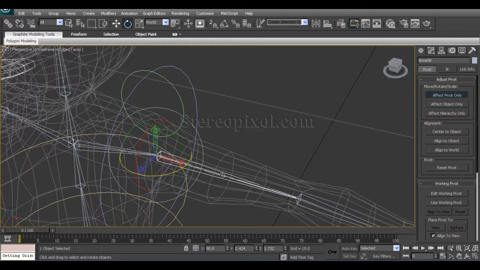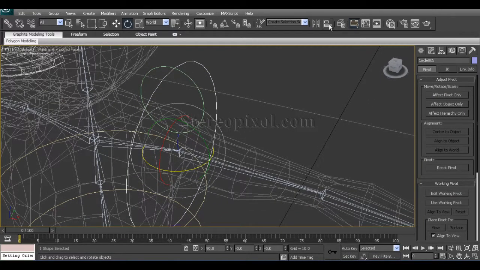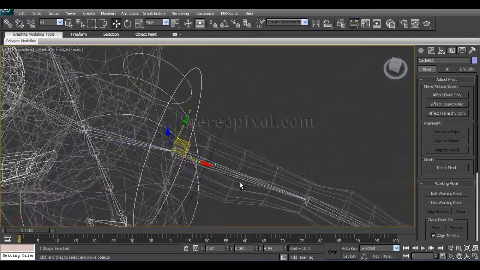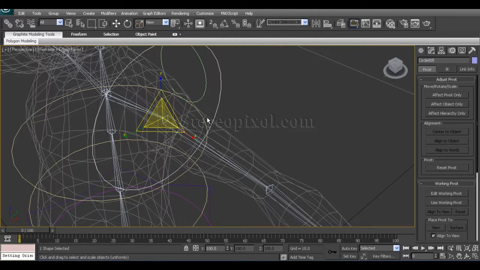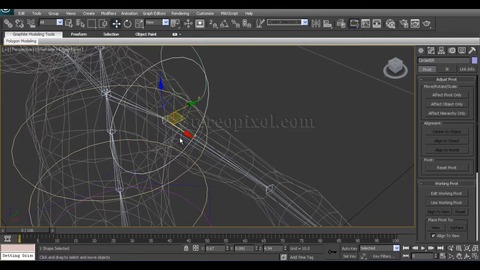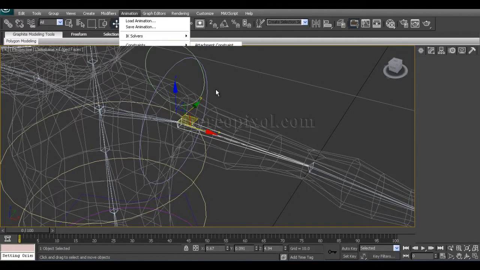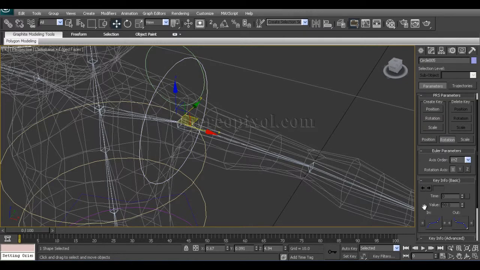So now that's been perfectly matched, switch off the effect pivot only, and right now just make this align with the object and with the rotation. And see, whenever I make the x-axis, it has been aligned perfectly with the joint. So right now, if I select this animation constraint and orientation constraint with this one, now we'll see we don't have to, first of all,